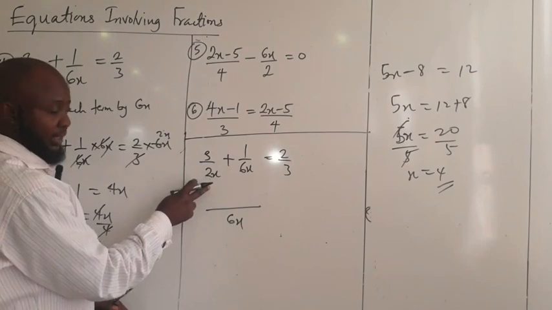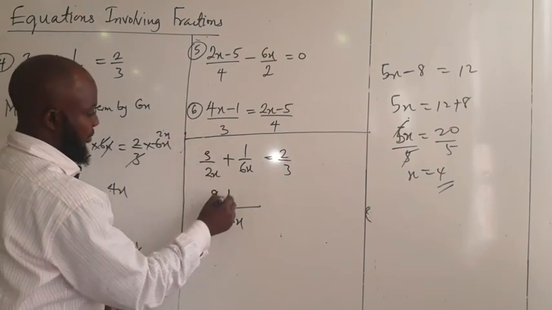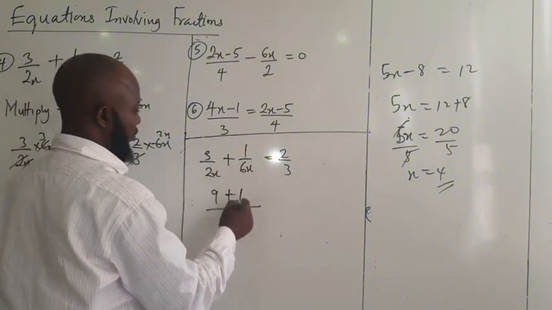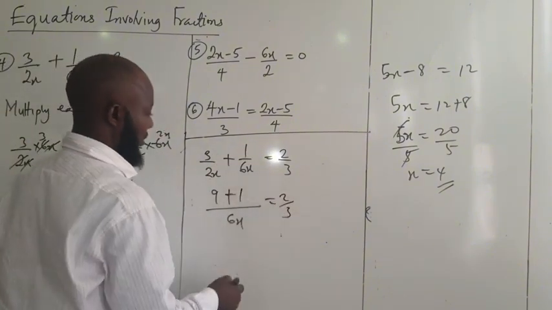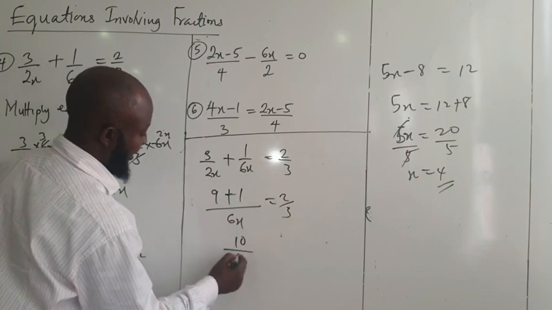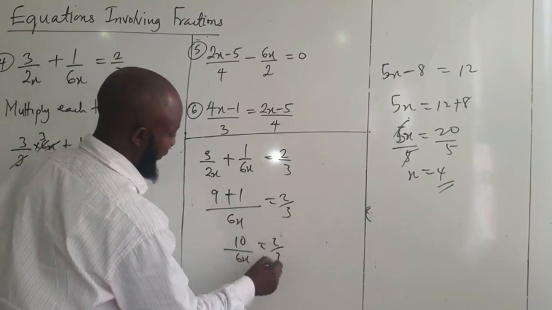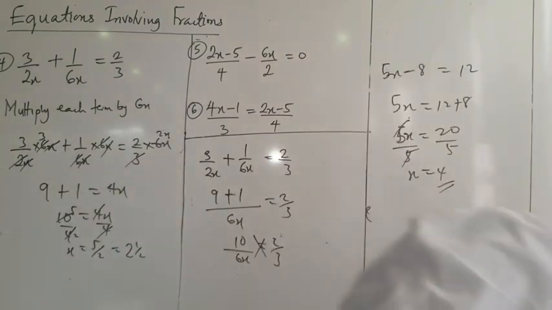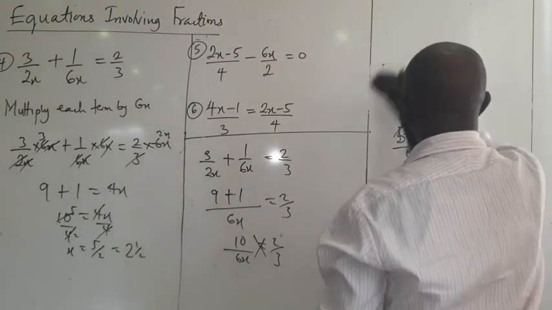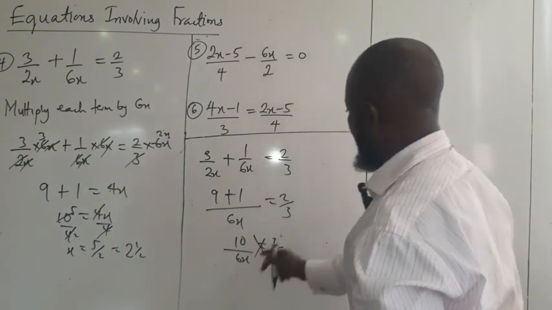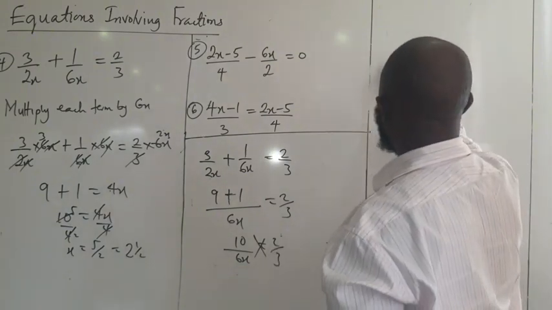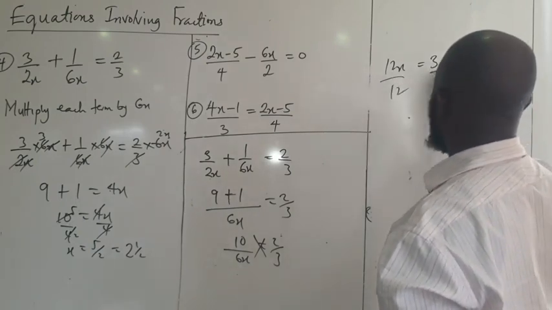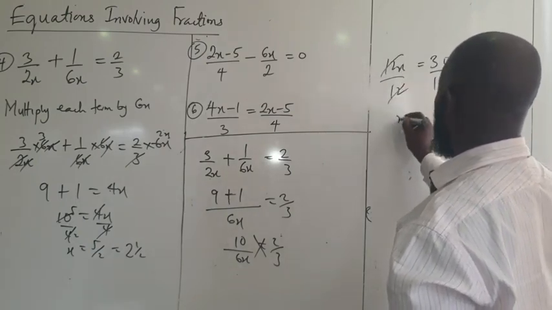6x divided by 2x gives 3. 3 times 3, 9. Plus 6x divided by 6x, that is what? 1. 1 times 1 is 1, equals 2 over 3. So this means 10 over 6x equals 2 over 3. Cross multiply. Once you cross multiply, you're going to have 2 times 6x, that gives us 12x equals 30. So divide both sides by 12. This cancels this. X equals